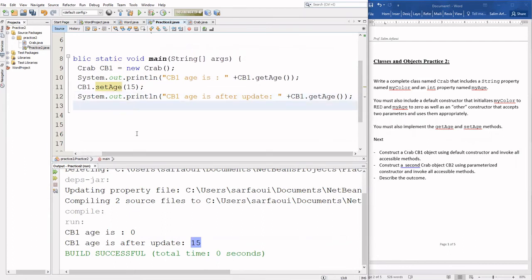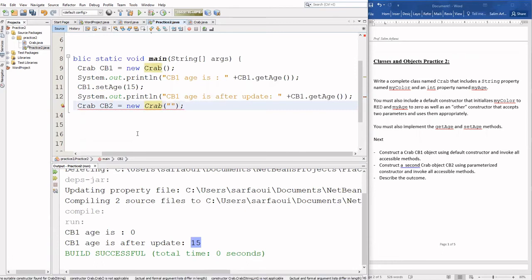To do so, same way: it's going to be Crab, and then this is CB2, that's the name of my second object, and new Crab. In this case, we're actually using the second constructor, the parameterized constructor,